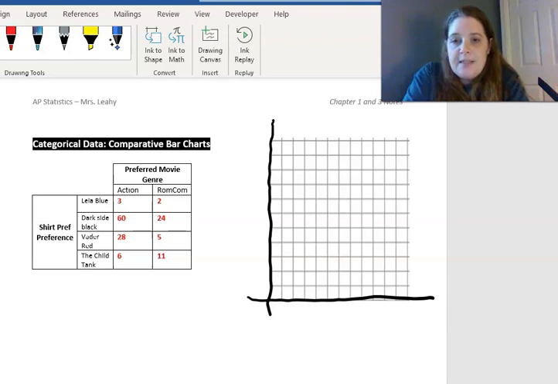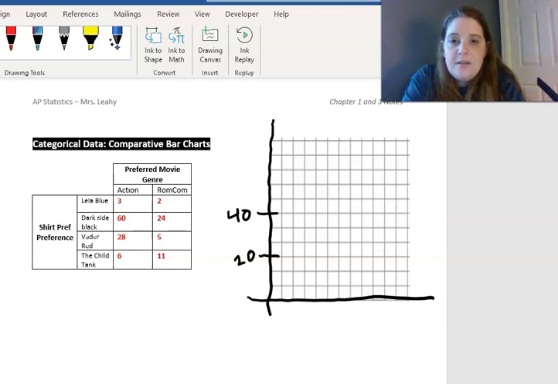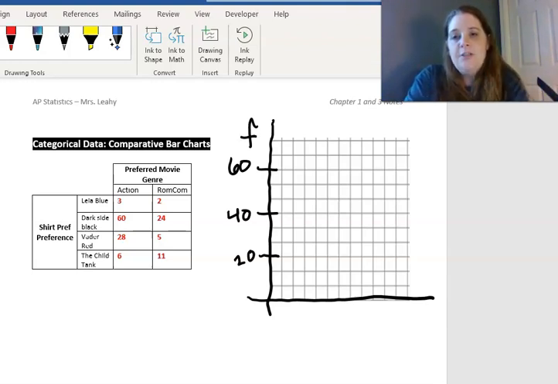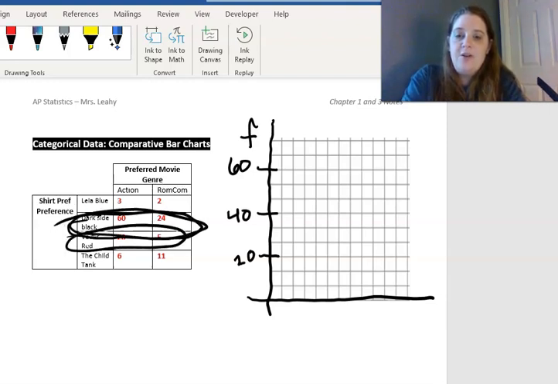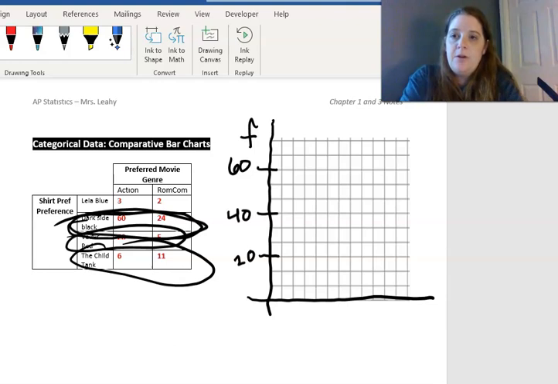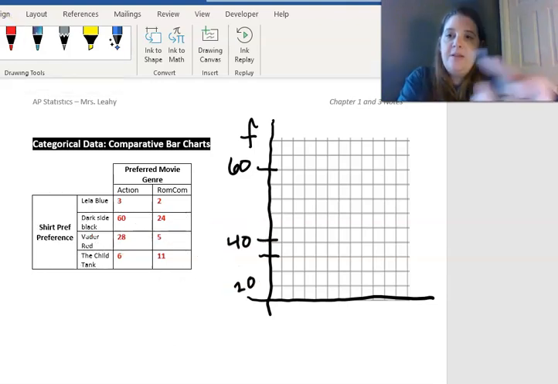So let's see, the biggest number is 60. So how about 10, 20, 30, 40, 50, 60? Let's see, we could do 20, 40, 60, maybe. Okay, we'll put frequency here. And let's do 4 bars, and we'll do a bar for the Leia, a bar for dark side, a bar for the Vader, and a bar for the child. Okay. All right. So we'll do those separately, and I'm going to make a little key up here,